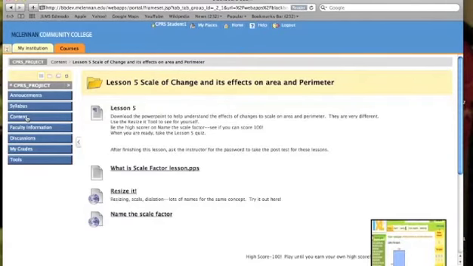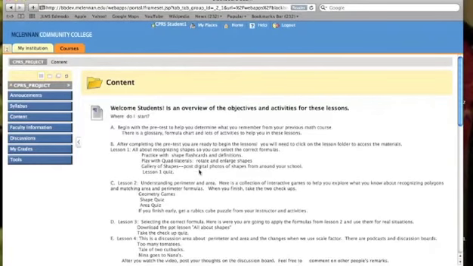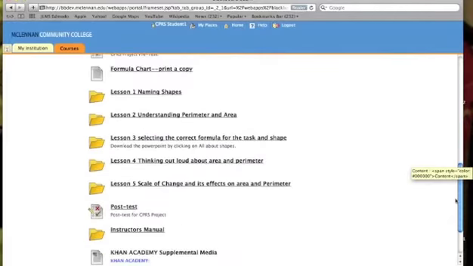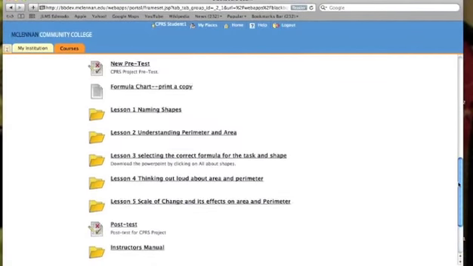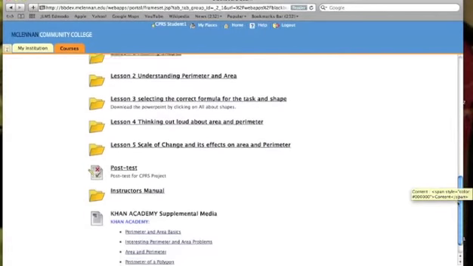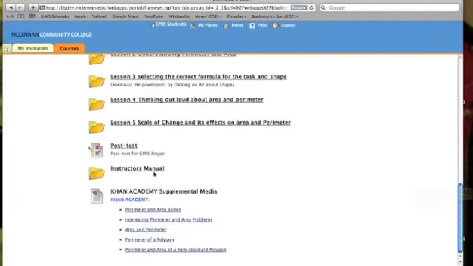So let me show you what will be available for the instructor. When you come back to the content page and you scroll down, we have pre and post tests available so that at the beginning you can assess what their prior learning is, and a post test after they have finished it. The instructor's manual